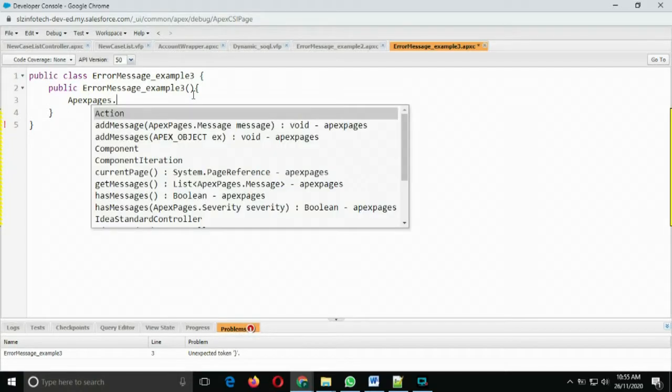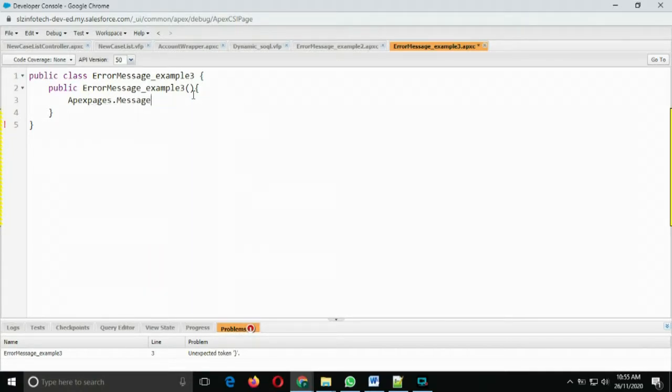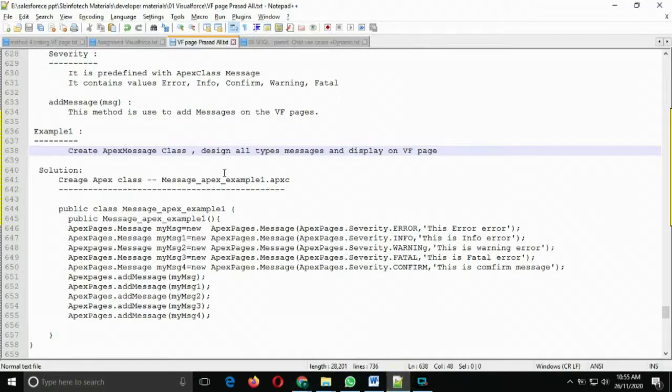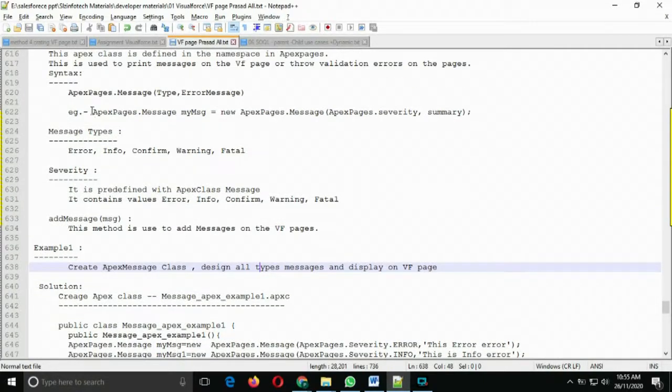Apex pages dot message, message, new. So we have to follow the syntax, which we have to remember a little bit.